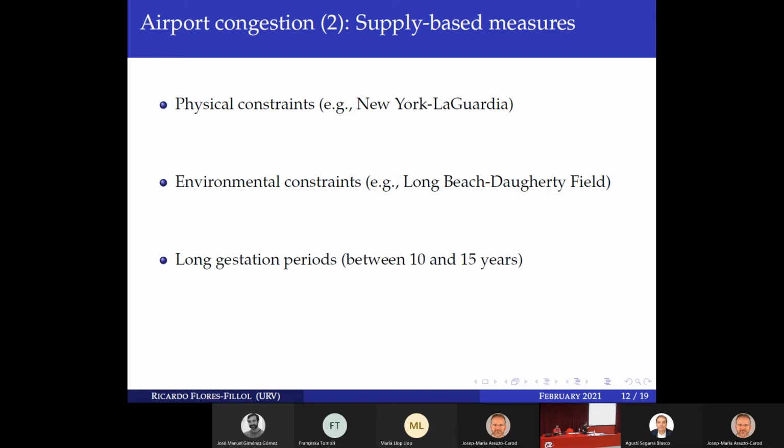Then they take a really long period from design to implementation. It takes a really long time. And as I told you at the beginning, it's extremely expensive. And as economists, when you talk about public policies, you always have to think about the opportunity cost of the investments that you approve, right?